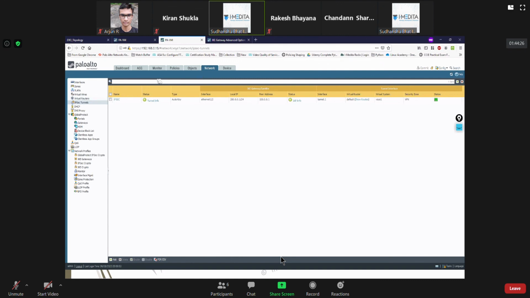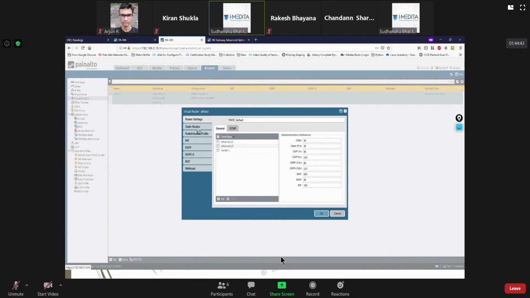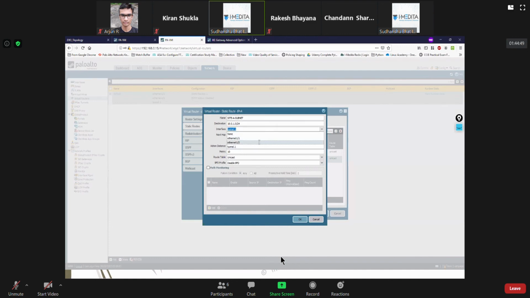When I was configuring this virtual router for the static route pointing to 10.0.1.0, instead of mentioning this, I was about to mention this.